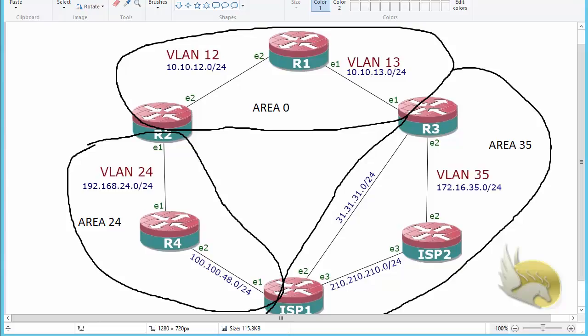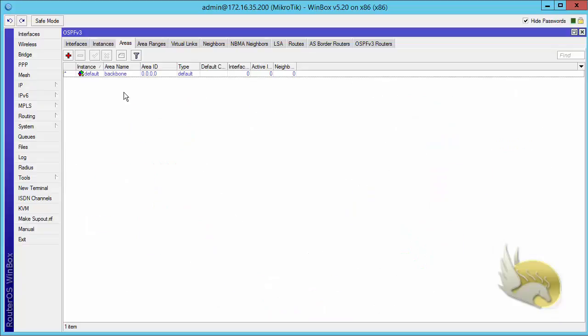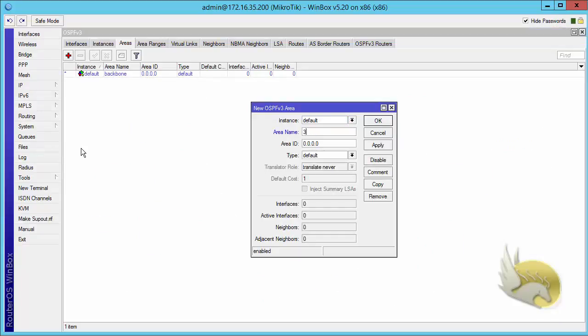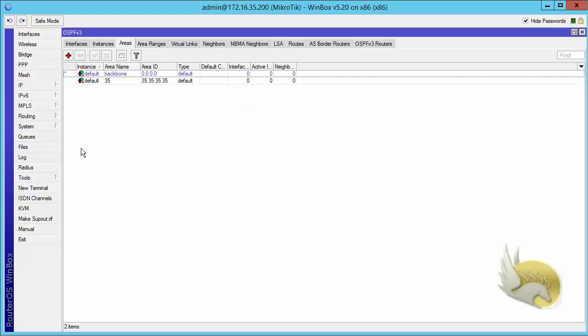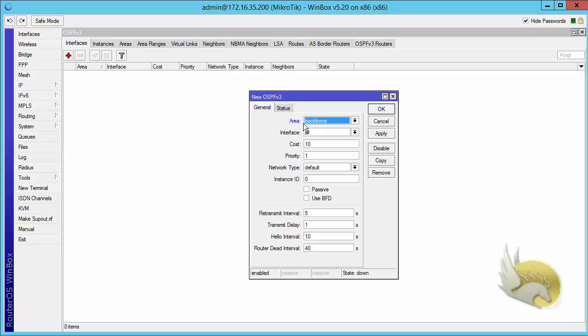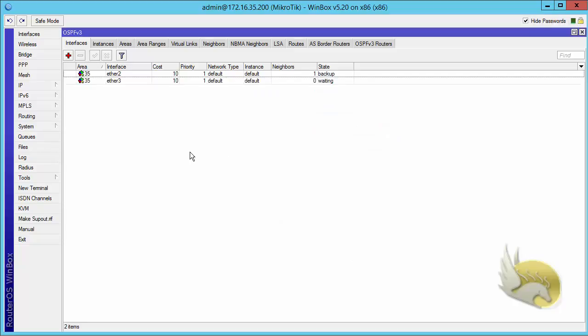And ISP2, all interfaces, Ethernet 2 and 3, go under area 35. So ISP2 has an area 35 configured on that. And we have an Ethernet 2 and an Ethernet 3 here under area 35. So we have our neighborships created here after a while, and I should see LSAs propagated